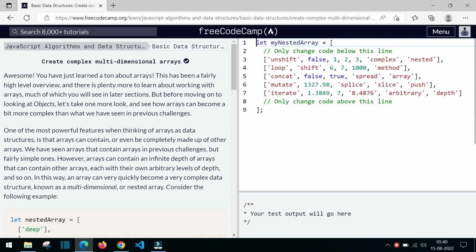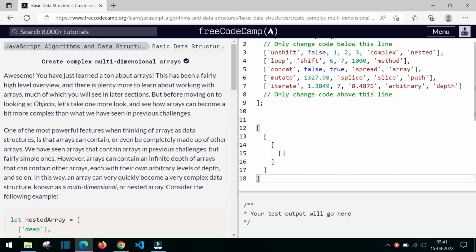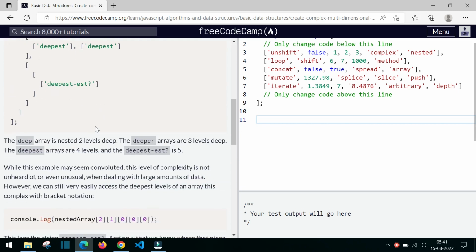Now we are going to see create complex multidimensional arrays. Multidimensional arrays are nothing but there will be an array, and inside that array there will be another array, and inside that array there will be another array, and inside that array there will be another array. So that is called a multidimensional array. Okay, so that's it. And in the question what they have told is,